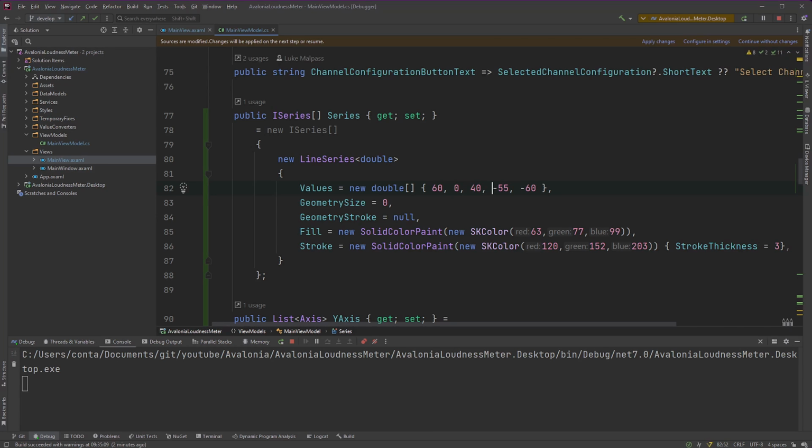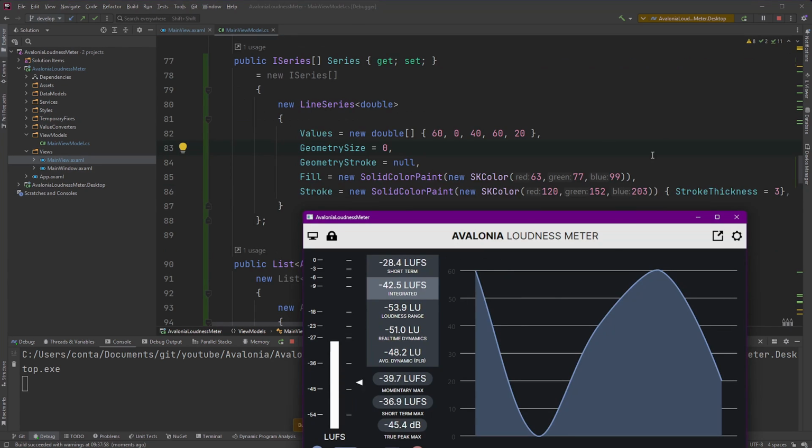This should be mid-filled. This should be totally flat again, and then we can go up to fill. So you can see if we did it this way, 60 would be 0, so maximum volume, and it would actually say 0 here if we change the axis, and this would be negative 60 decibels. So we can now get the chart to fill like we want, but we need to tweak the axis labels